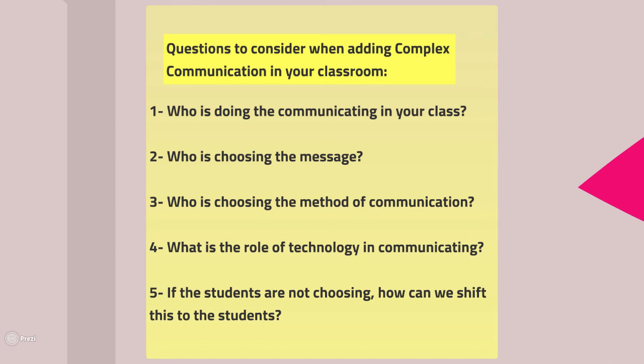I think as you get older, you can open that door. As the students get older, that is, you can open that door for them on how they want to choose the best method of communication. They maybe have to prove how that method of communication is most effective with the audience that they're trying to get. As the students get younger, maybe I only give them 3 or 4 different options after plenty of playtime with each of the options, so they can figure out which one speaks to them and which one they feel they can create the best type of product or the best type of learning environment.